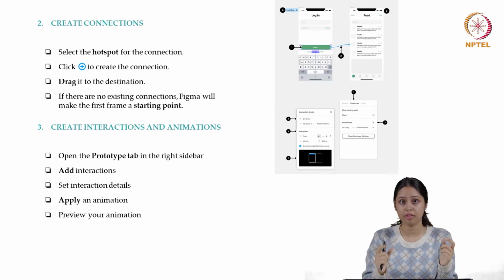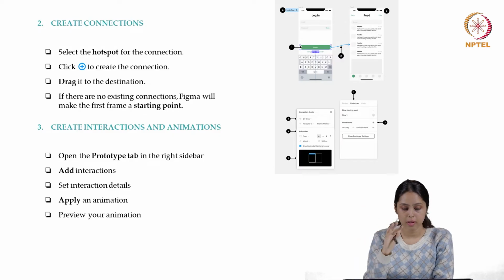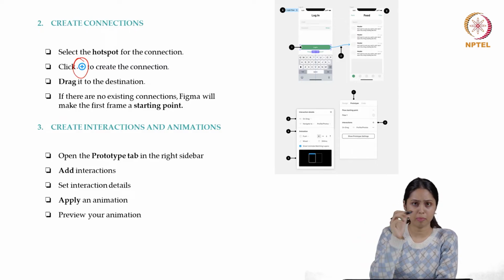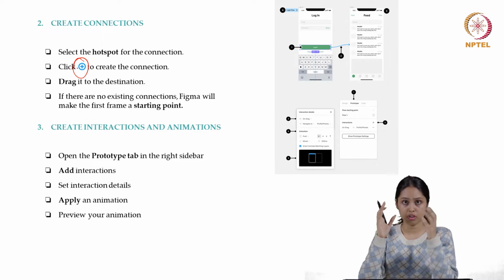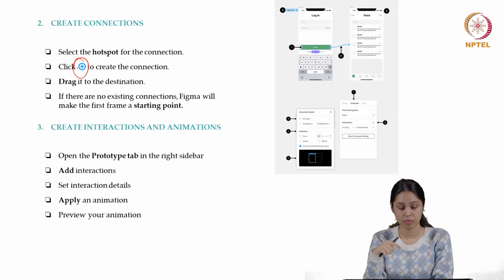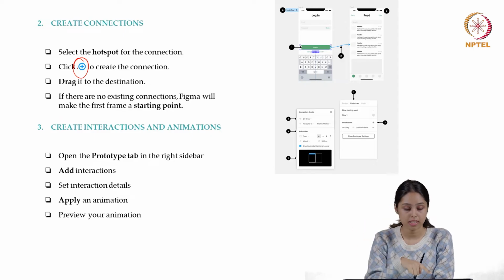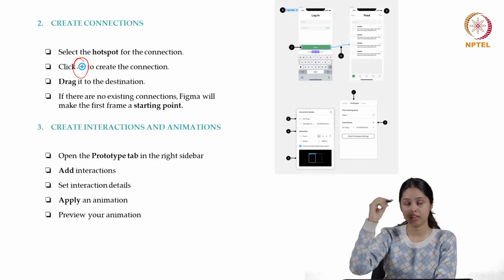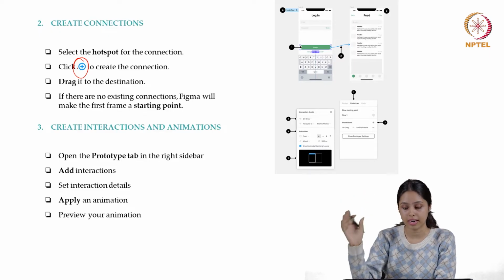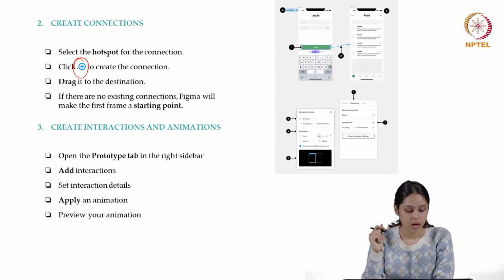So these five different buttons will take you to five different pages. How do you make that connection again? Okay, so it's a very basic step in Figma. There's this sign that you can see, the plus one. You can hover around the object that you want to create a connection between, and it will show you that symbol. You click on it, drag that button, it will show you an arrow, and you take that arrow to the frame that you want to connect that button with. Okay, we'll see it practically later on.